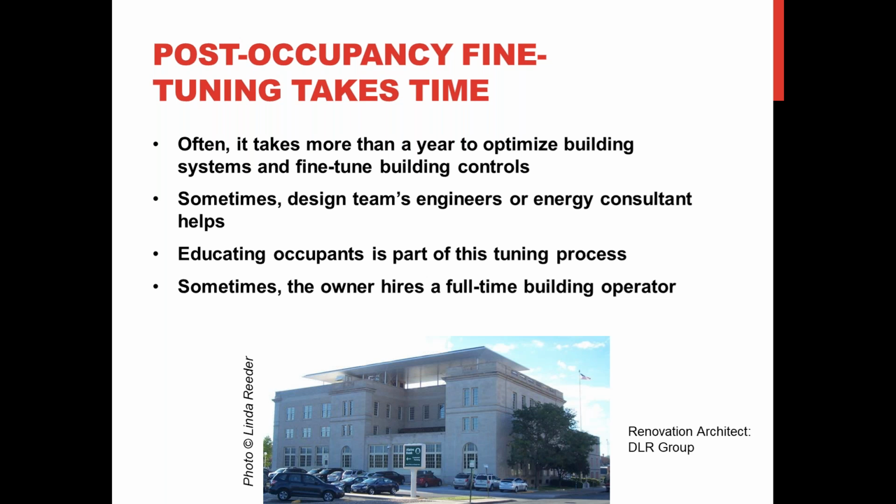It can take a year or longer to really fine-tune the building controls and the building systems to optimize the operation of the building. And you need to make the owner aware of that. Sometimes the owners will ask the design teams, engineers, or energy consultants to stay on for a period of time. In the case of the Aspinall Federal Courthouse, they asked the design team's engineers to stay on board for 18 months and help them optimize the building controls,